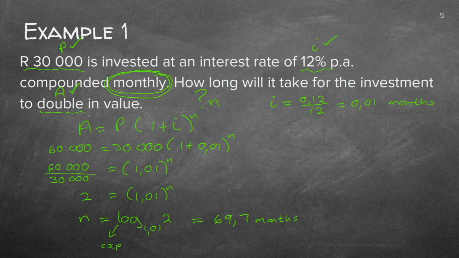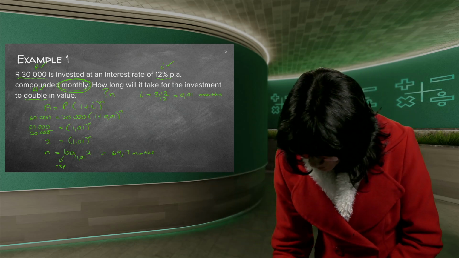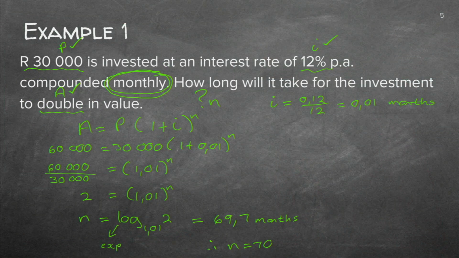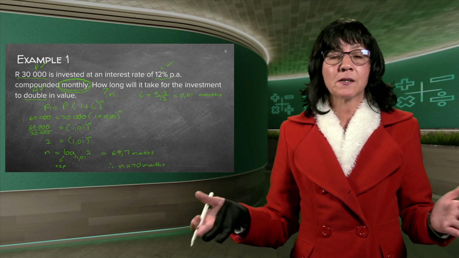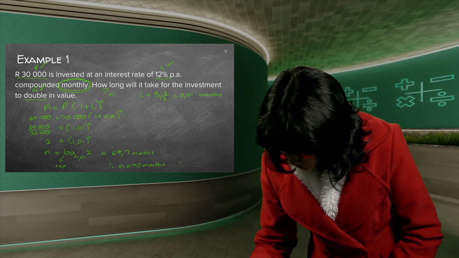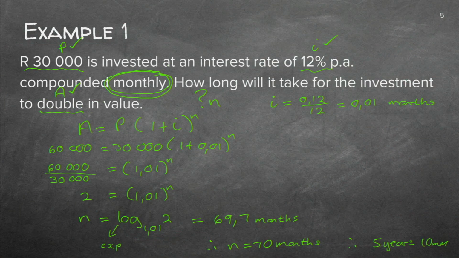Remember, this is months. You agree? Now, if you need 69.7 or even 69.1, the minute you go over 69 months, you're in the 70th month. So even if it was 69.1, which normally will be rounded down to just 69. Remember, this is a practical thing. It means I'm going to take 69 months and some little piece of the month to come. That's why we just say the full next month is 70 months. And you can rather divide by 12, 5 years and 10 months.